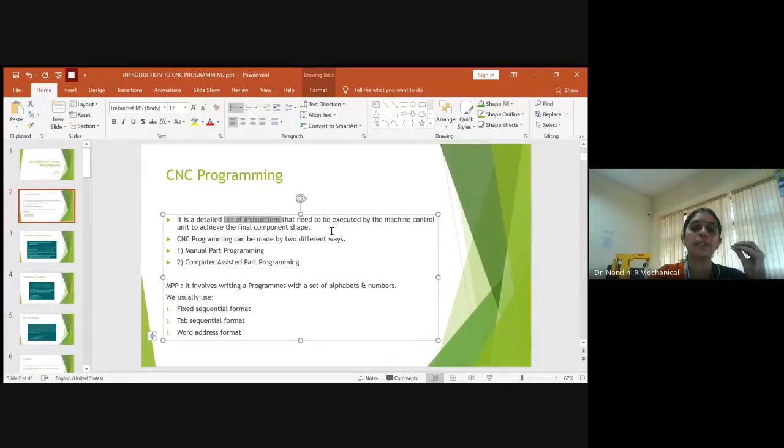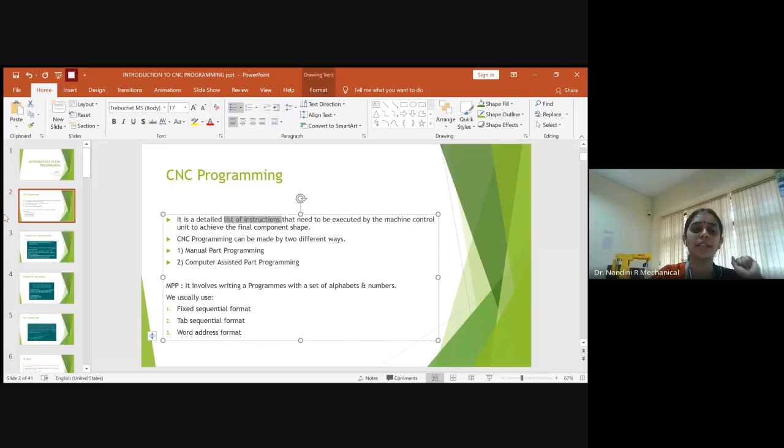If you give the instructions properly, the proper operation will be done on the given material and you will get the required shape of the component. This is the basic aim of any CNC programming language: you achieve the shape of the component based on the instructions you give.